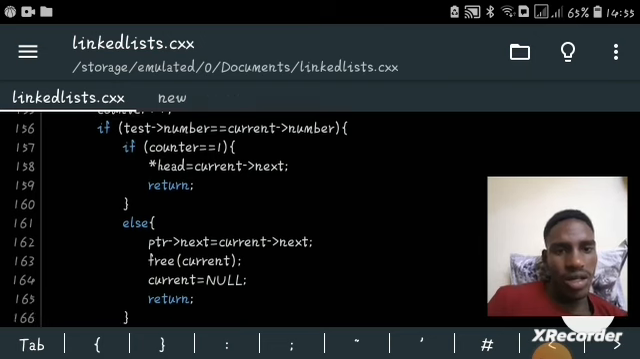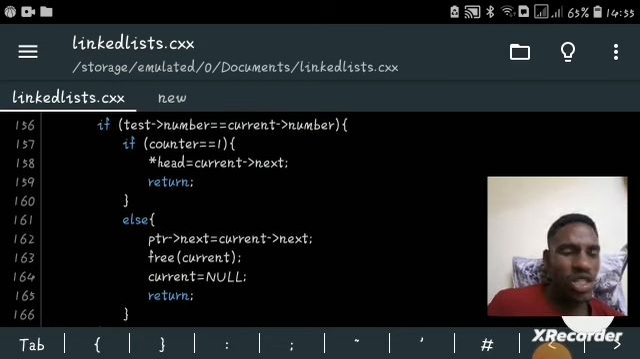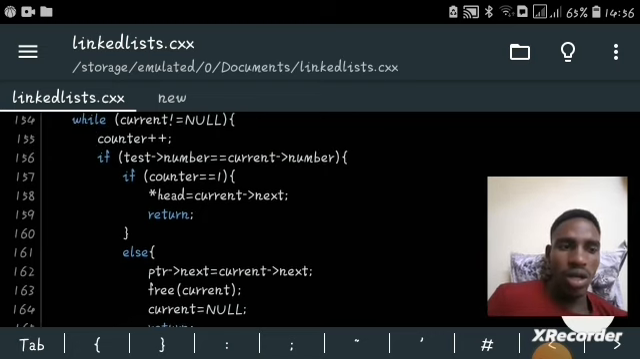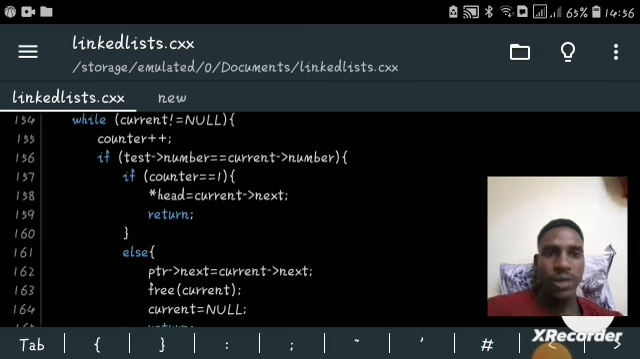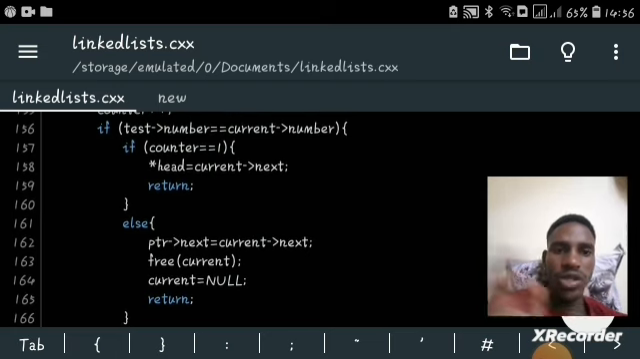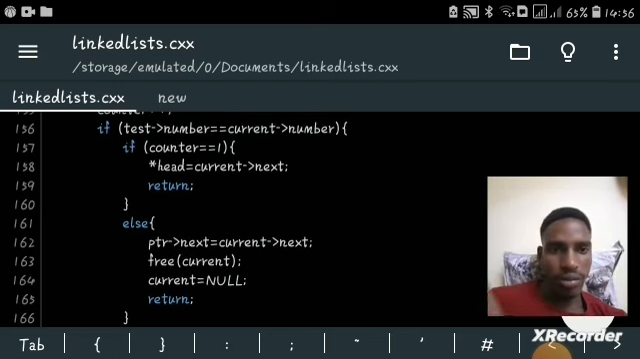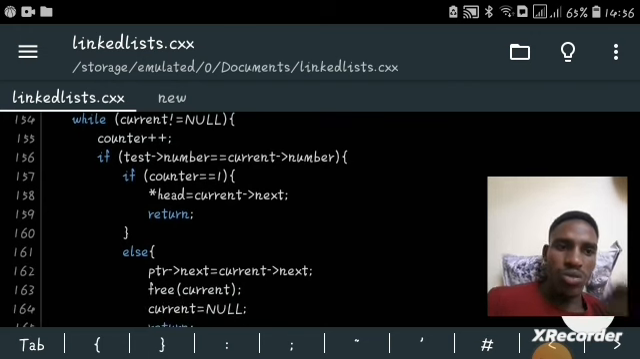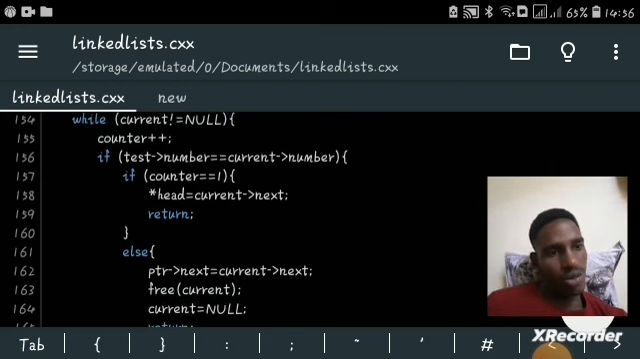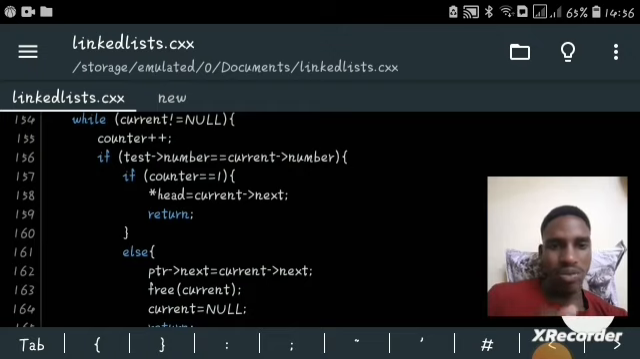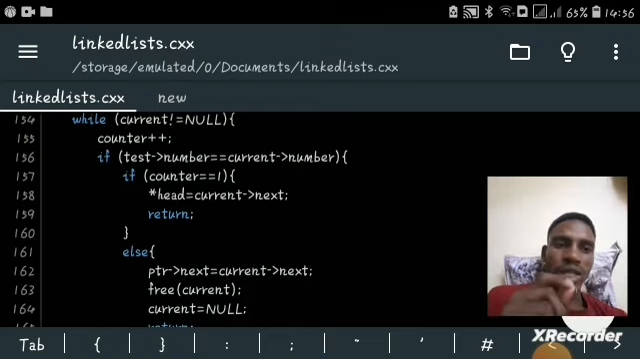But we also need to take into consideration what if the counter is not equal to 1. That's where the else part comes in. That's why we have 2 pointers now. The current pointer is moving forward. This other pointer is moving behind it, and we have named it PTR, which is basically pointer to the next. Okay, so let's assume that this loop has ended up at a position where